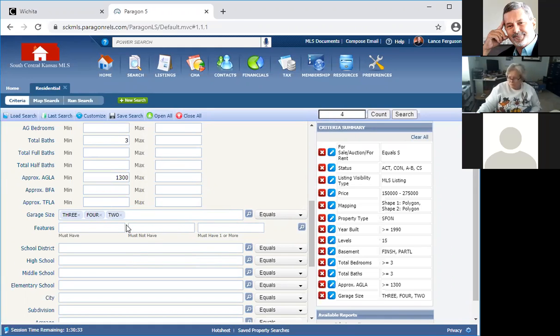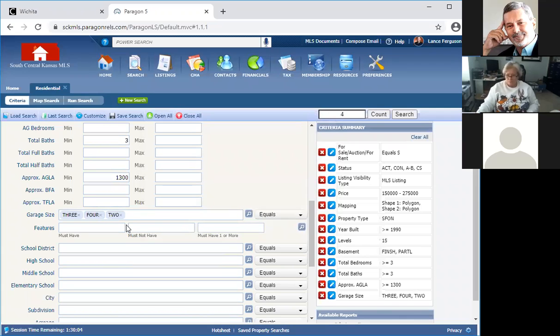I'm trying to wrap this up here. The features, in my opinion, and this is how I explain it to my buyers, is if you have a buyer that says, I've got to have a wood fence, I've got to have a fence for my dogs, my response to them is that I understand that, and I can appreciate that. However, exterior amenities is not a required field. So what'll end up happening, Mr. and Mrs. Buyer,